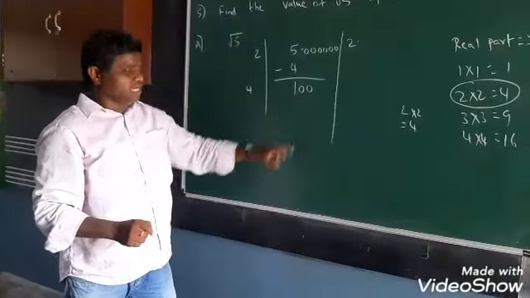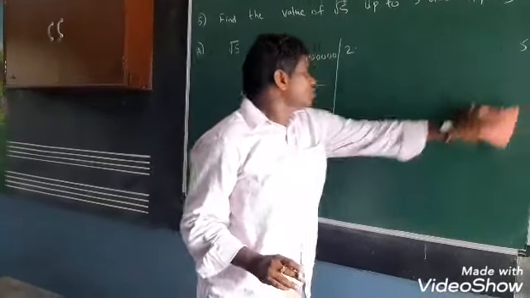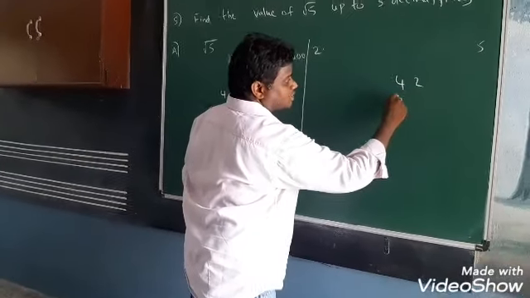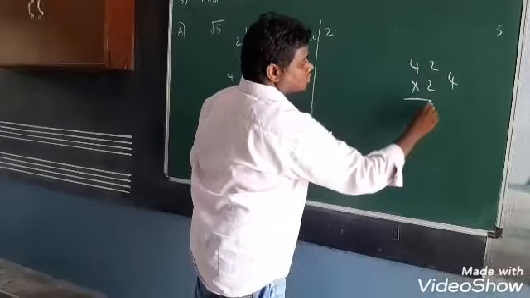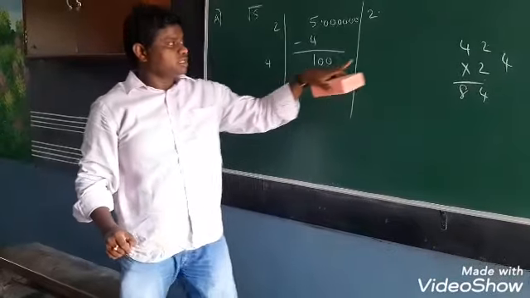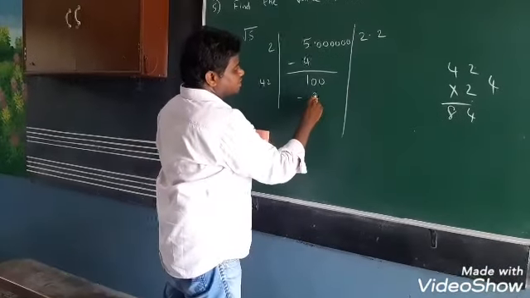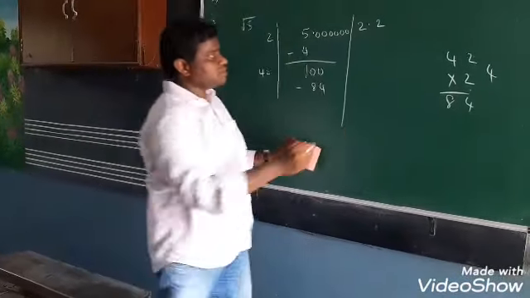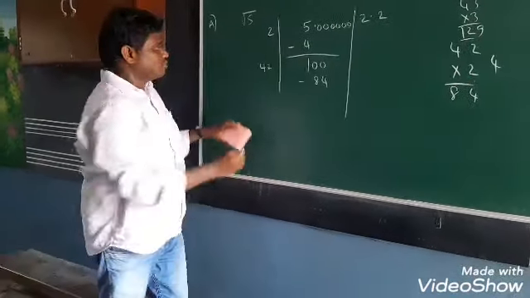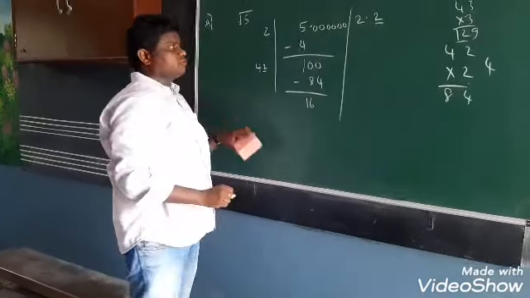After that, in 100 you have to check the table. The 4 table here. In 100, 42 into 2 is 2 fours 8, so 84. 4 table 2 times. That's why you have 2 and 2. That is 84 you will get. If you take 3, then 43 into 3, 3 threes are 9, 4 threes are 12, it becomes 129. So you have to keep 2 here and also 2. That is 100 minus 84, 16.